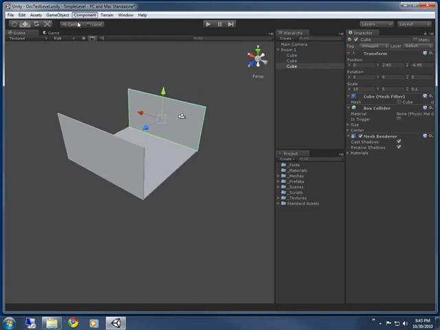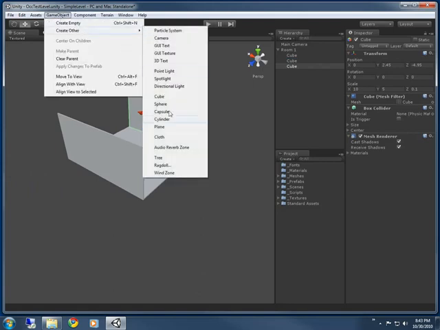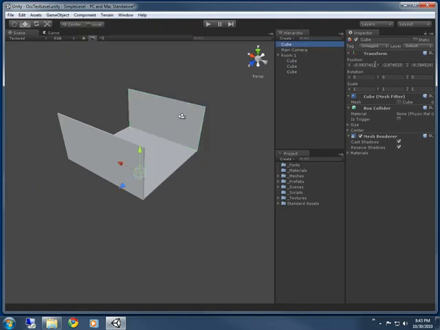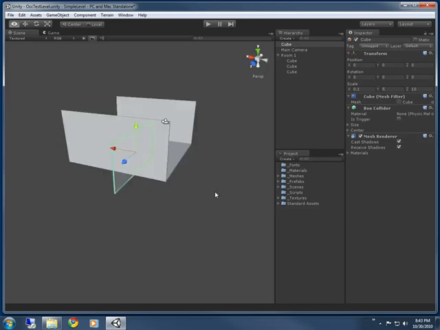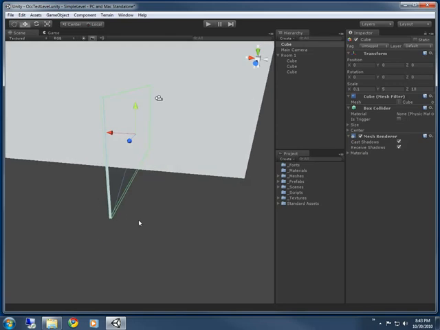Next thing is create another cube, zero out its transforms. In this case, because I know my numbers, for me it's fairly easy to just go through, type in the numbers I want, or I could just duplicate this, rotate it 90 degrees and snap it into place. So I'm just going to punch in a couple of numbers. So this one's actually going to be size 10 in Z, 0.1 in X, and 5 high. Now that it's created, I can go ahead and hit V, select this back corner, put it down in the